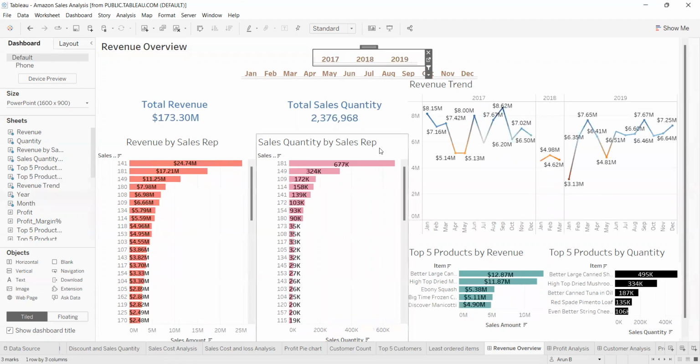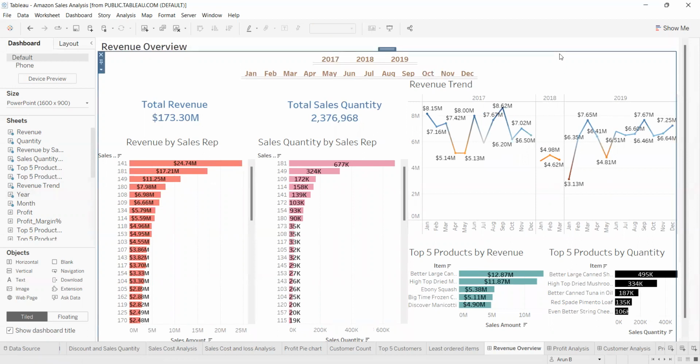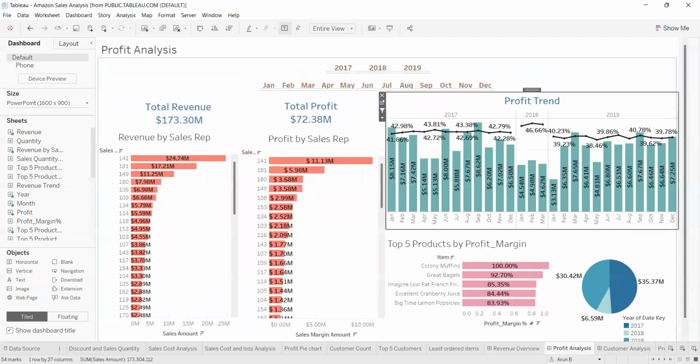So this just gives us the revenue overview of the company, but revenue doesn't talk about profit, right? Revenue talks about the whole amount, including the sales cost and whatever the company incurs when it sells the item to the customer. So moving further, I have created a dashboard only talking about profit, which is deducted from the revenue, the sales cost, extra expenses, everything is deducted,